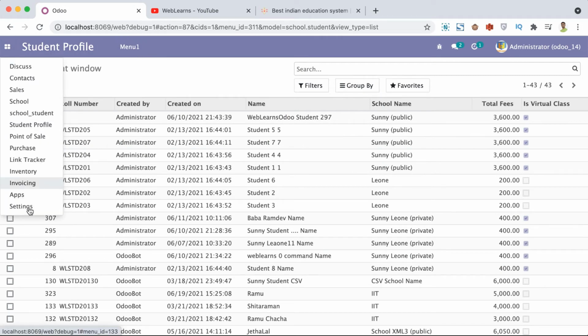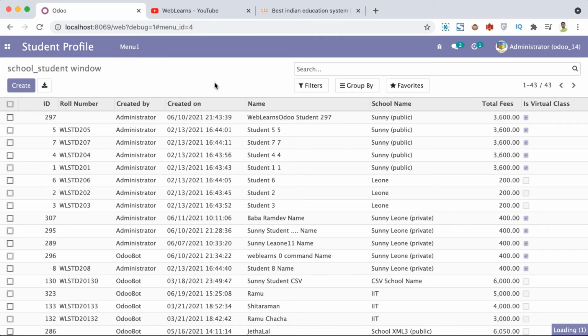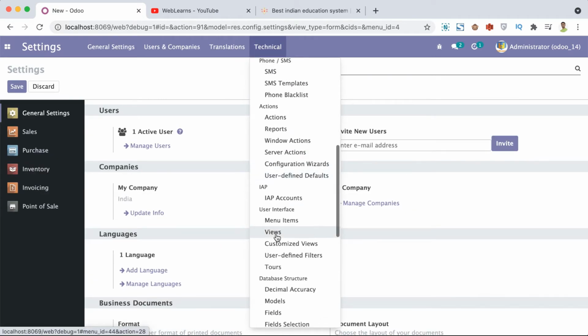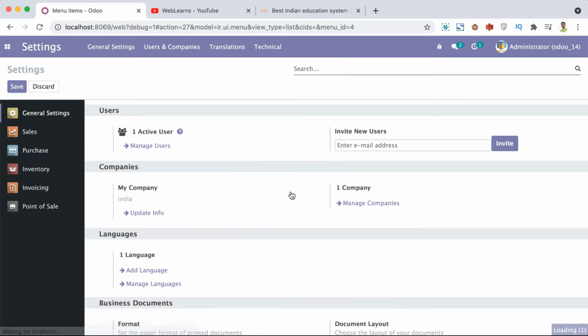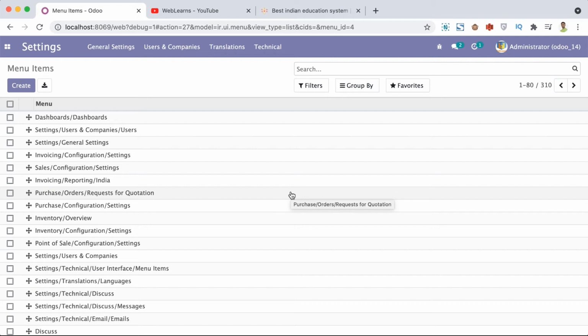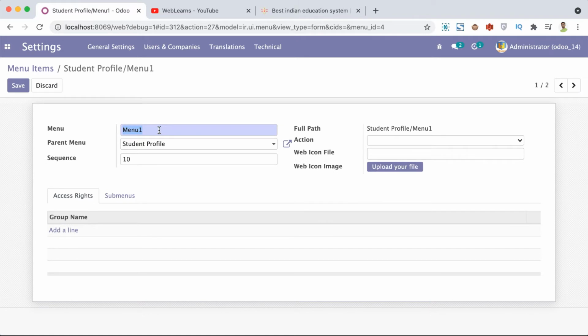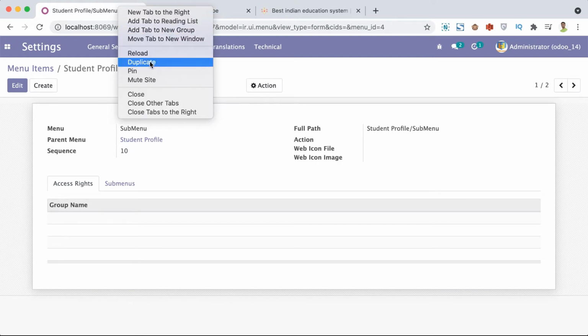you need to understand more about the menus. Let me go to settings. In technical you can see here menu items. You can also handle your front-end menus very easily using this screen, like menu 1. Let's say I just want to change the menu 1 to a sub menu. Then I will click save, and let me duplicate this tab,